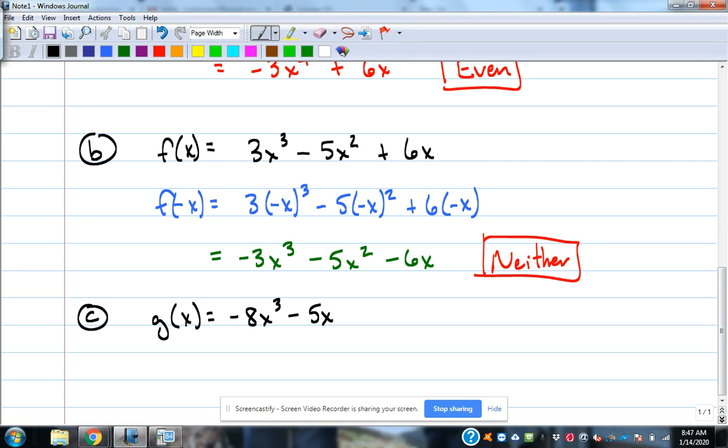Do one more of those. G of x is negative 8x cubed minus 5x. We're going to test that for odd, even, or neither. Plug in negative x: negative 8 times negative x to the third minus 5 times negative x. So negative x cubed, we've already done that before, so it's negative x to the third power. Be negative x times negative 8 is